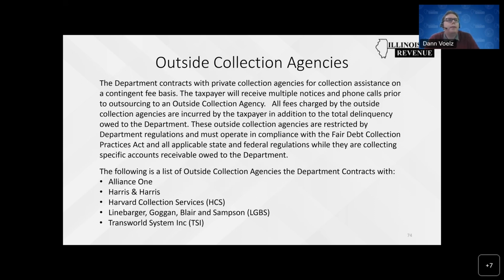The department contracts with some private collection agencies for collections assistance on a fee basis. The taxpayer will receive multiple notices and phone calls prior to outsourcing to an outside collection agency. Outside collection agencies have their own fees that are incurred by the taxpayer in addition to the total delinquency owed to the department. These outside collection agencies are restricted by the department's regulations and must operate in compliance with the Fair Debt Collection Practices Act and all applicable state and federal regulations